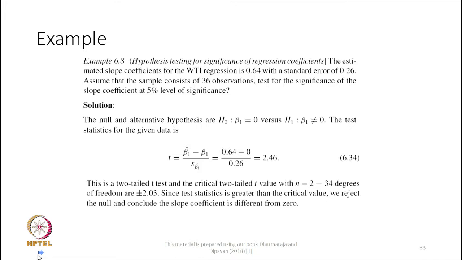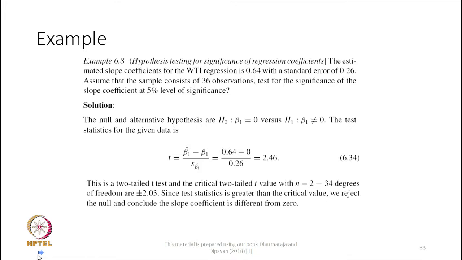So, you apply the two-sided test or two-tailed test, both are one and the same, and the data size is 36. Therefore, the test statistic is going to be t distribution with 34 degrees of freedom,